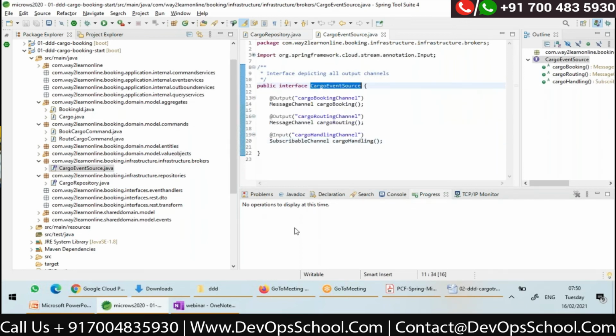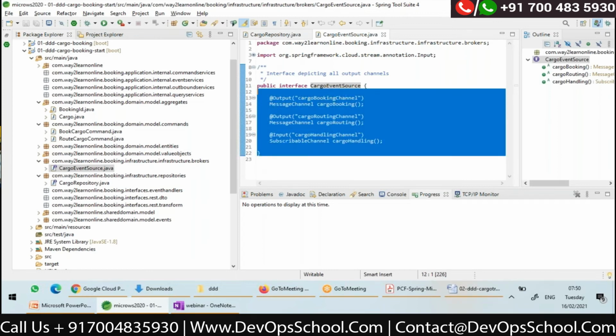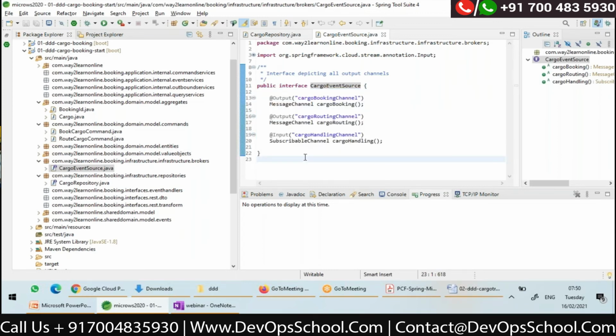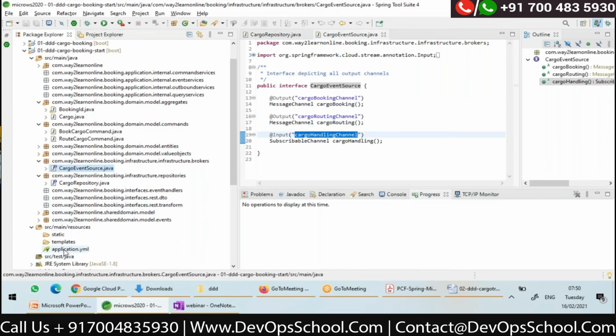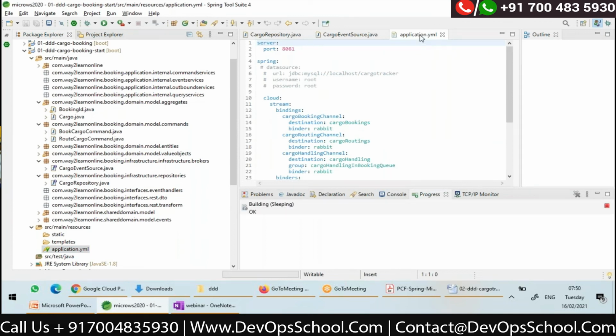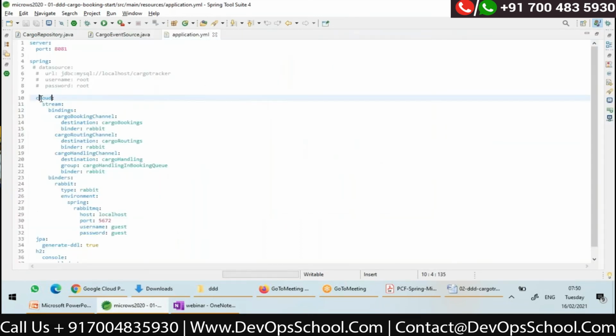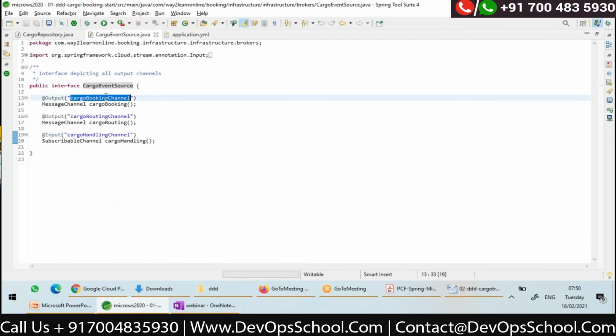As I told you, if I write an interface, automatically the implementation will be generated. So I need to map these channels to exchanges, right? Let me show you my application YML here. Yes, here you can see I wrote spring.cloud.stream.bindings.cargo booking channel, a channel with the name cargo booking channel.